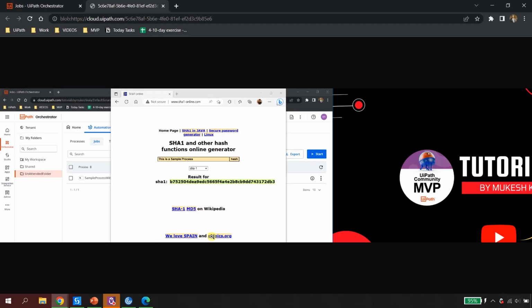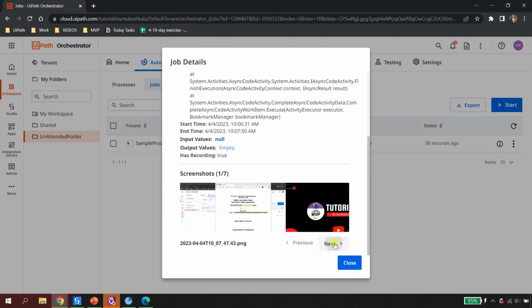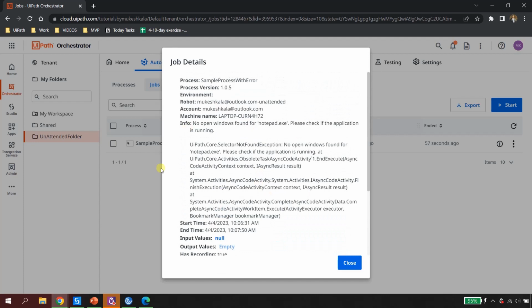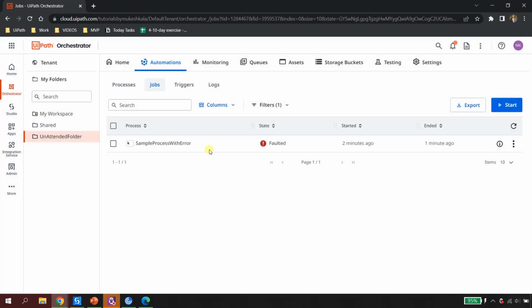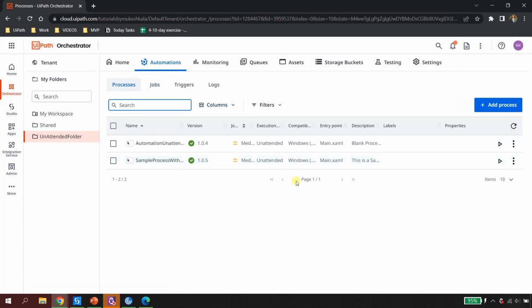As you can see, when I was running and it got faulted, these are all the screenshots which are captured and stored for you directly in the Orchestrator. So you do not have to go and look for the exception screenshot. Not only this, all of this can also be in the form of a video, which is a video recording enabled at this place. So if you simply go to the process and click on edit,